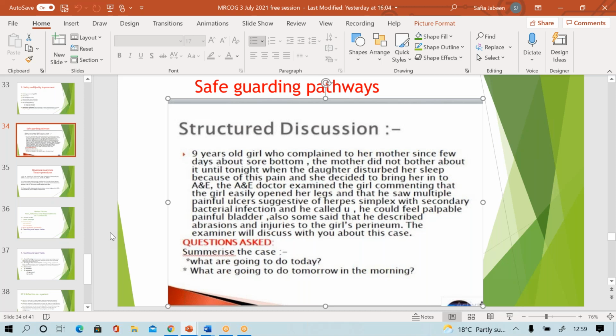The history from the mother about when she started this, is it the first time or she had this problem before as well, can be done over there as well. When we come to the discussion about the safeguarding issue, then yes, we will take the mother into a different cubicle. So we may not start that conversation straight away in the presence of the child, but we will ask the child in the beginning. You will ask how that happened. You know, what happened here? Why you had